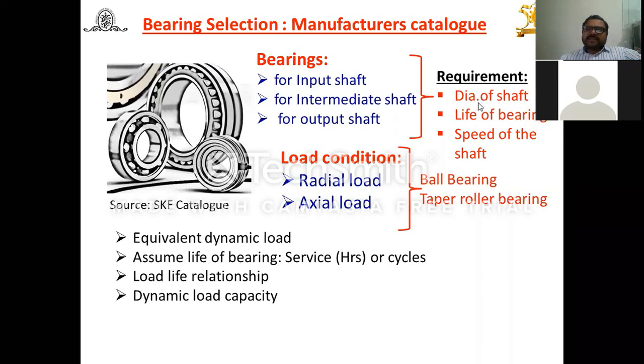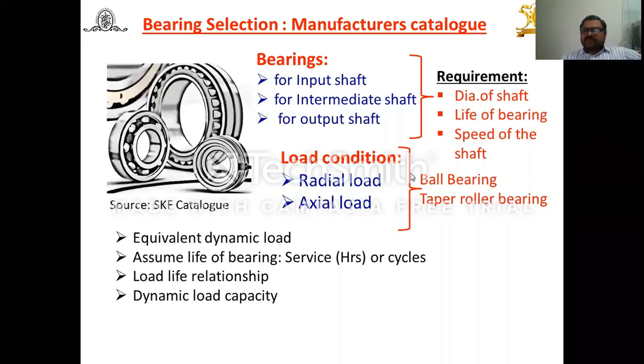And I would like to select the bearing from the SKF catalog. You are aware of that. Suppose bearing is 6005. The last digit 5 indicates 5 multiplied by 5, that is 25. 0 means extra light duty. 6 is for single row deep groove ball bearing. There are 4 options: 6005, 6205, 6305, 6405. That means 4 bearings are available for 25 mm diameter. But it's your choice. You can decide by calculating the dynamic load.